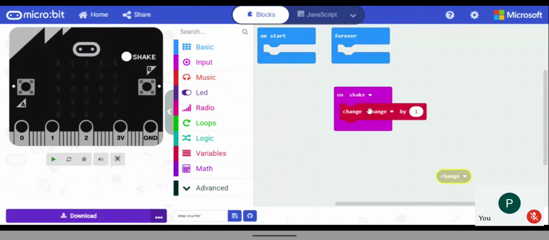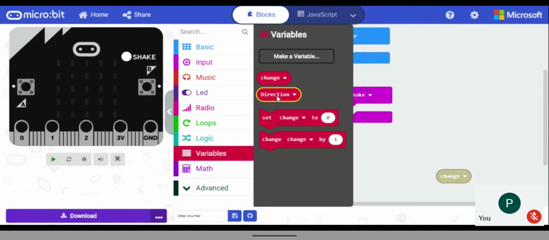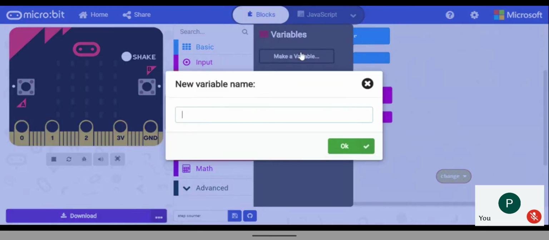Why? On shake, change by 1 means what? Can anyone tell? Okay, here it will be confusing. I'll use this one or else direction. I'll create one more. That only I'll create.